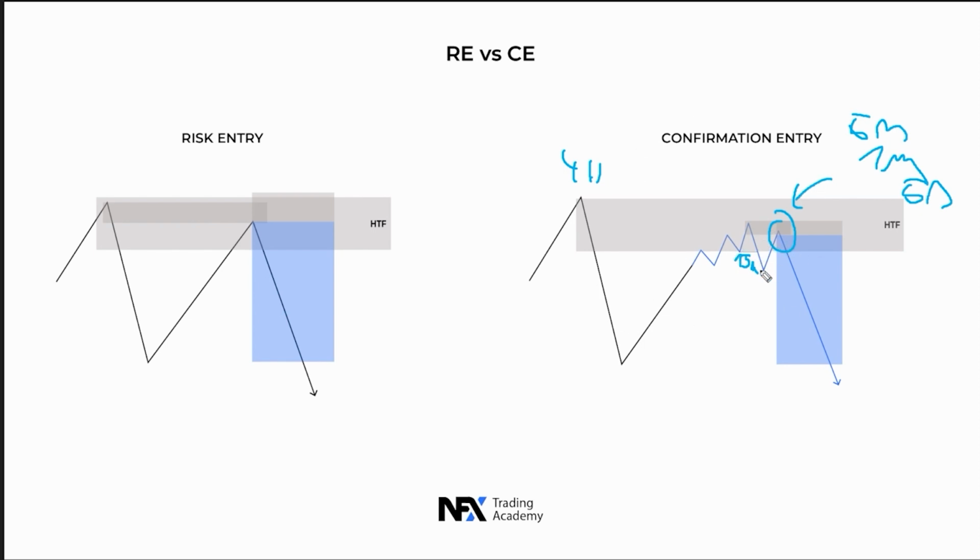So if we have the 50 minute change of character, then we are waiting for the price to come back into the 50 minute POI supply and also the premium zone. Then we are going down on the 5 minute or the 1 minute, and we are waiting. So here we are waiting again for the 1 minute change of character. Once we have the 1 minute change of character, we wait for price to come back, and then we can wait for the 5 second here in order to take the entry and have the smaller stop loss.